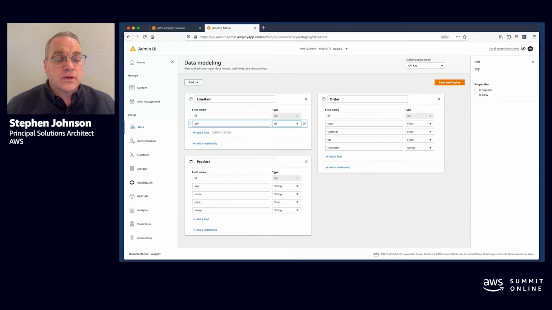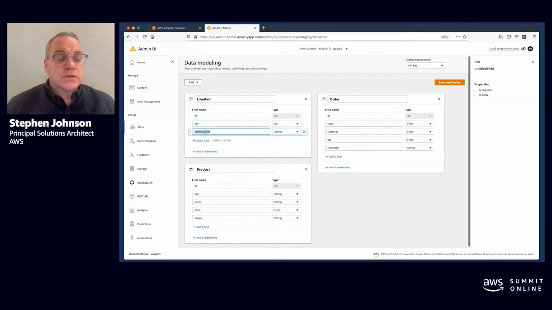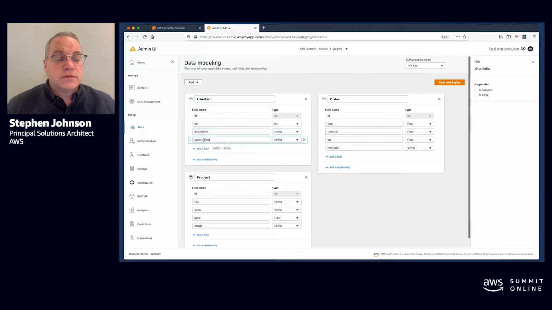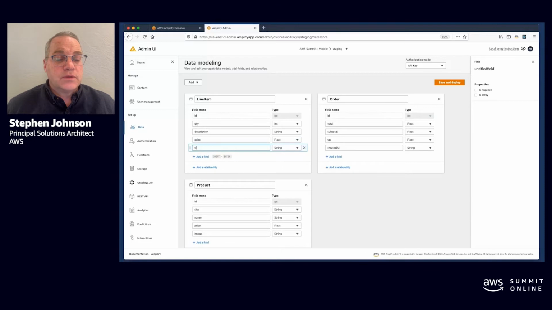So the number of products in that line item, which is going to be an integer. And next we have the line item description. We have the price for that line item, which is going to be the price times the quantity. And lastly, a total for our line item.